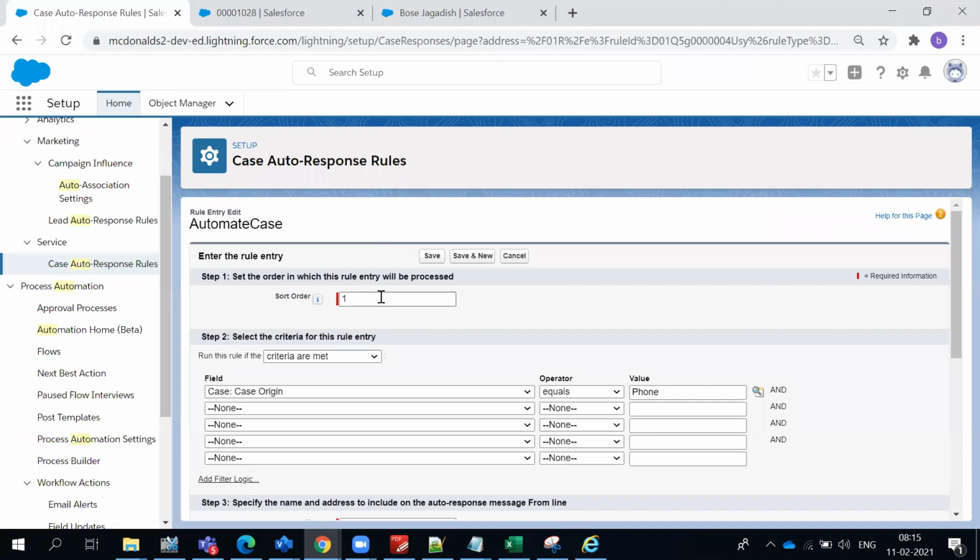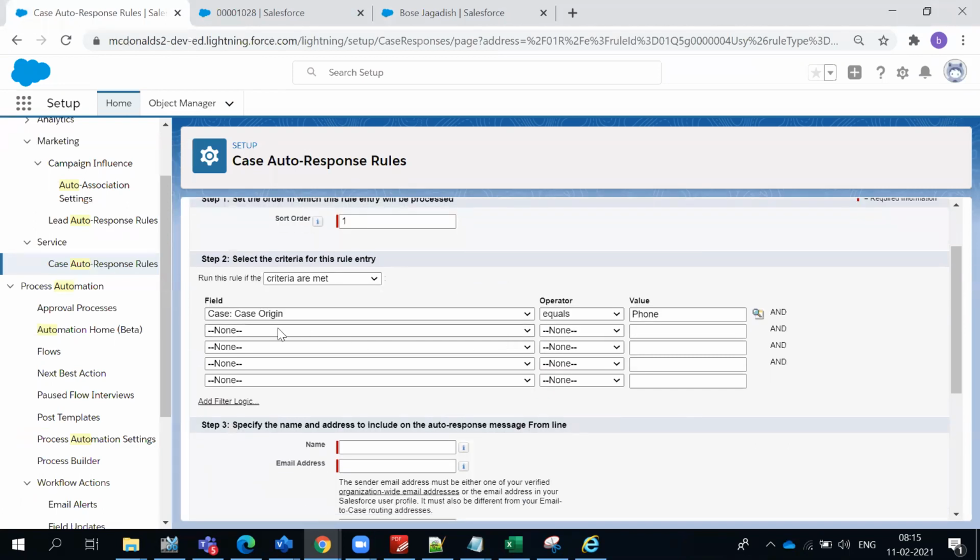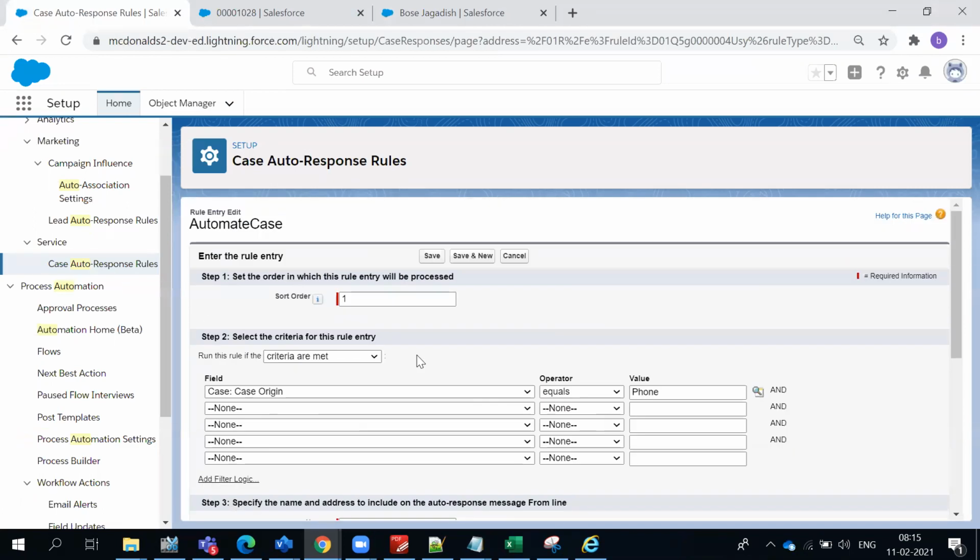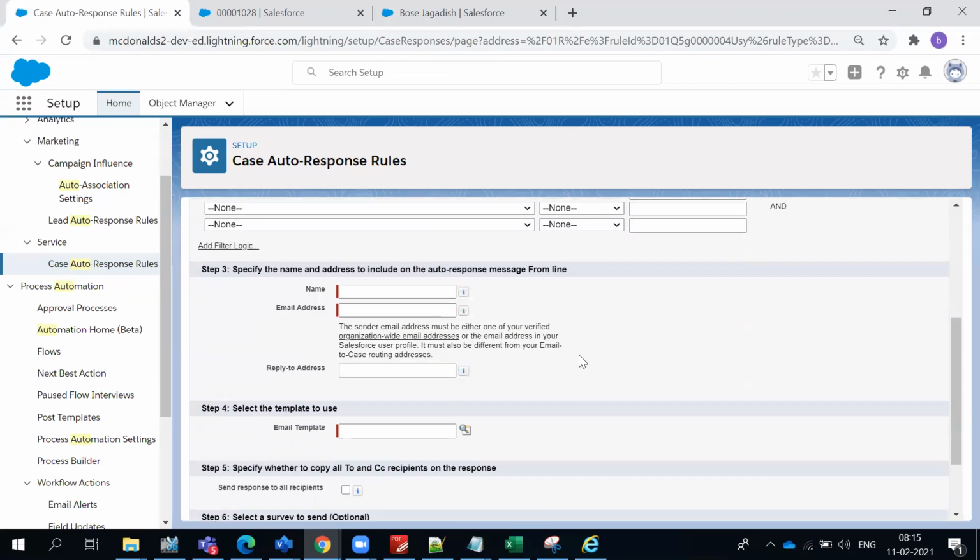Okay, no problem. I don't see something. So what basically I'm trying to do is, I have created the case auto rule name, and then I have just come here. I'm saying that if the case origin is equal to phone, then I would automatically fire the services for us. Now in this case, your email ID should not be used already. So in that, I'm just trying to say that